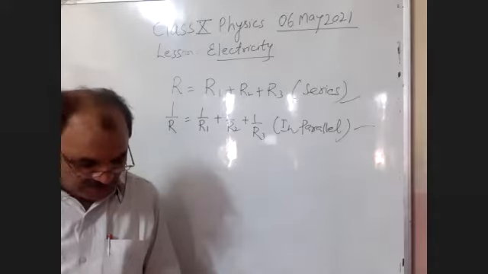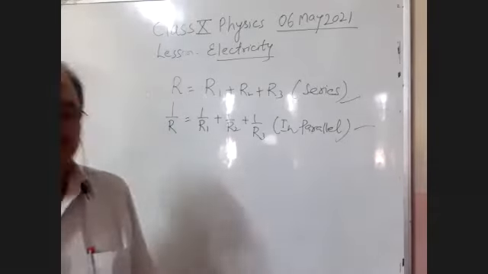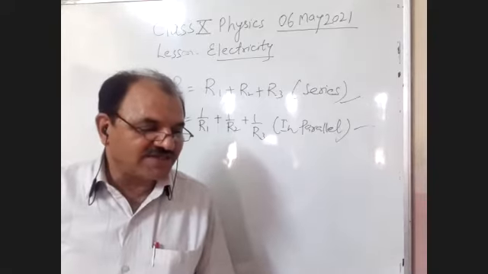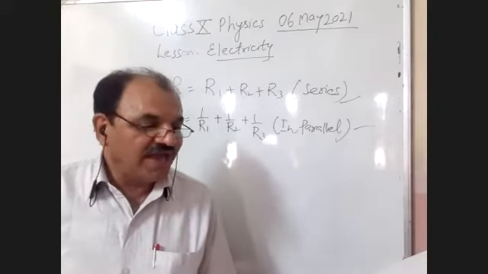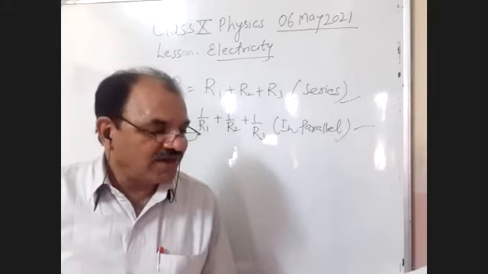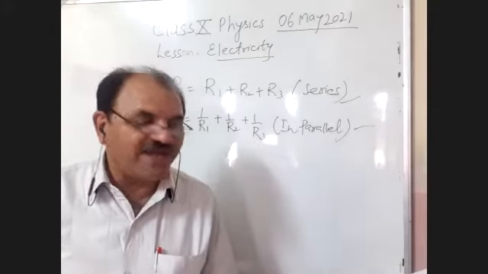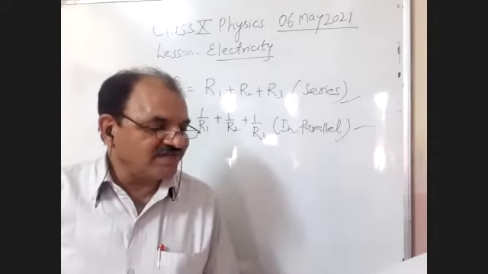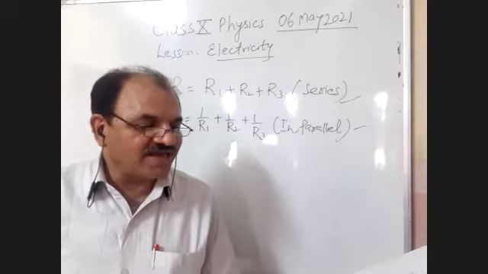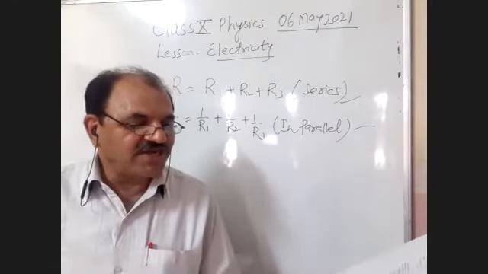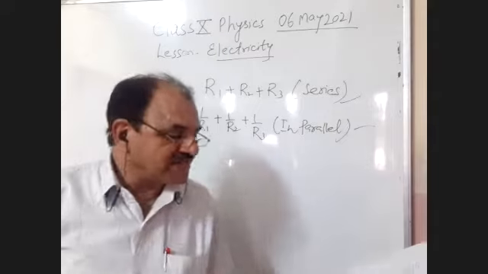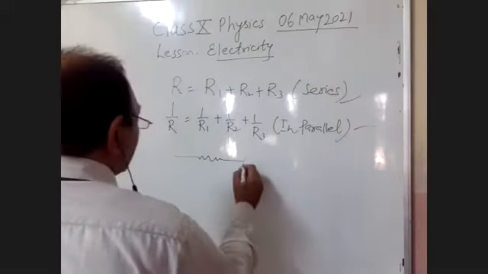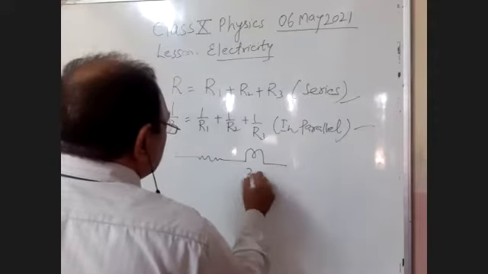Now, students, on page number 212, the question is, I'll read out the statement. An electric lamp whose resistance is 20 ohm and a conductor of 4 ohm resistance are connected to a 6 volt battery. Calculate (a) the total resistance of the circuit, (b) the current through the circuit, and (c) the potential difference across the lamp. So students, this is the 4 ohm resistance and it is connected with the bulb of 20 ohm.